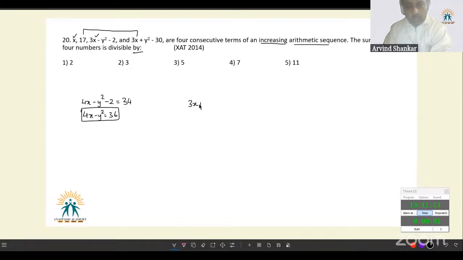So 3x plus y square minus 13 should be equal to 6x minus 2y square minus 4. ठीक,